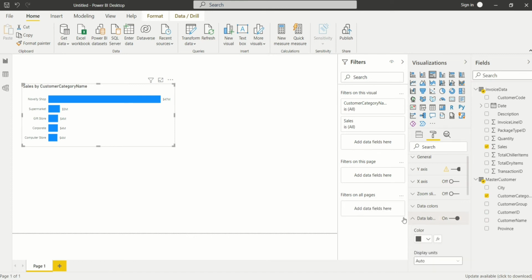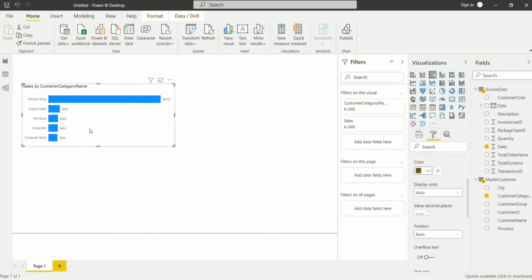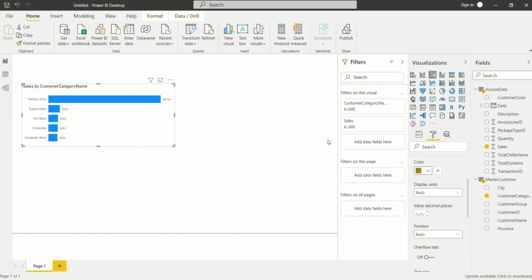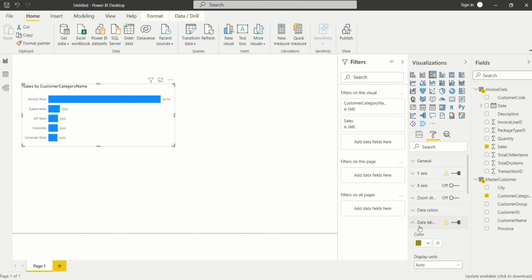Let's say if I would like to change the color of the text, right? So you could just select the text color from here. Let's go with a darker yellow. Okay, you can't see that. Let's make something else that you can see quite easily. All right, and if I would like to increase the text size, I can just do it from here. I could also change the font size as well. So it's quite easy, it's just like the way you would do it on Excel, but